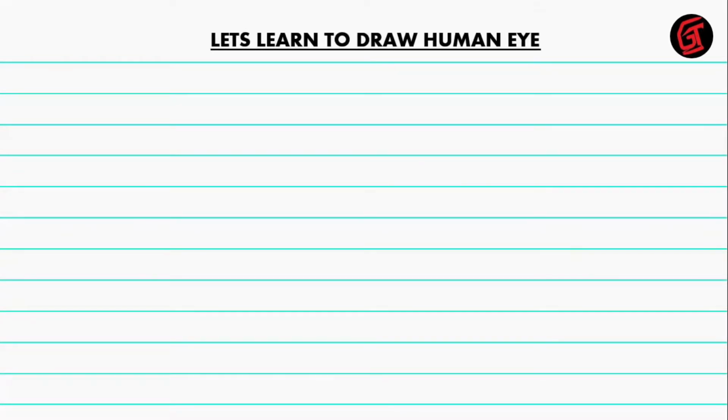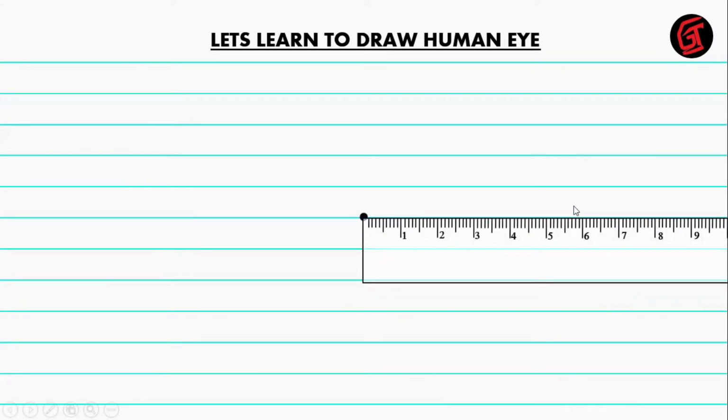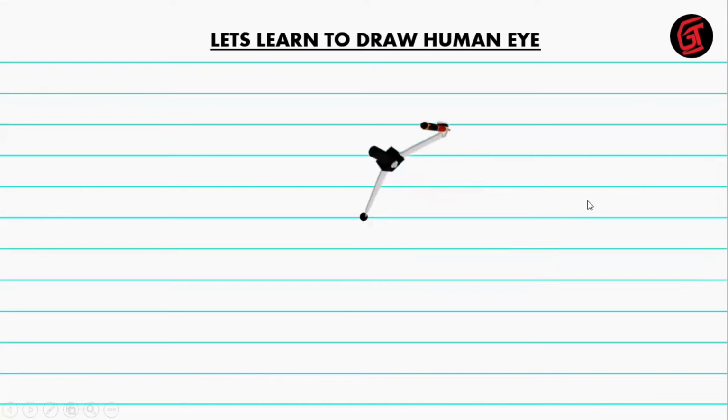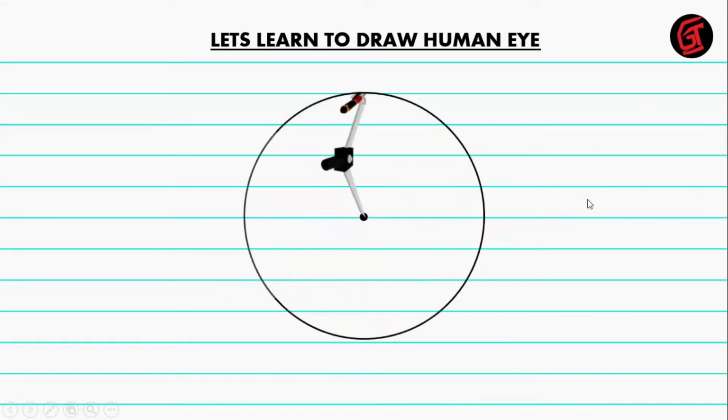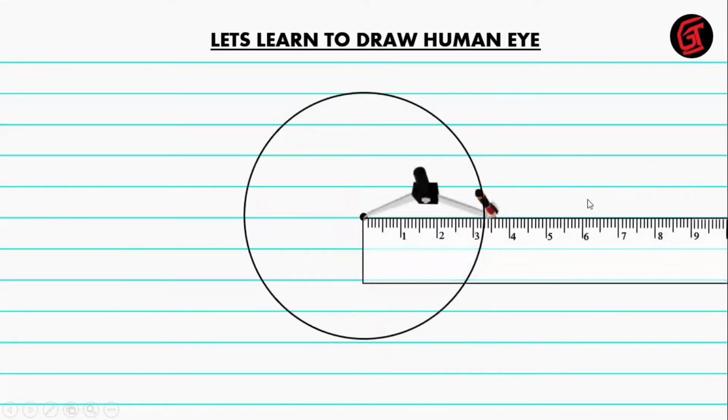Now you might get questions in the exam where they'll tell you to draw the human eye. Now we learn a very simple way how to draw a human eye. Watch this. First what you do is just put a dot and take around 3.5 centimeter or 3.3, 3.4 centimeter something. Okay. Draw a circle. Once you draw a circle, what next? Just take it exactly 3.3. You can take it 3.45, but just take 3.3 to get a perfect measurement. This will be your circle. Then after you take 3.3 here, take your compass and extend it up to 3.6.